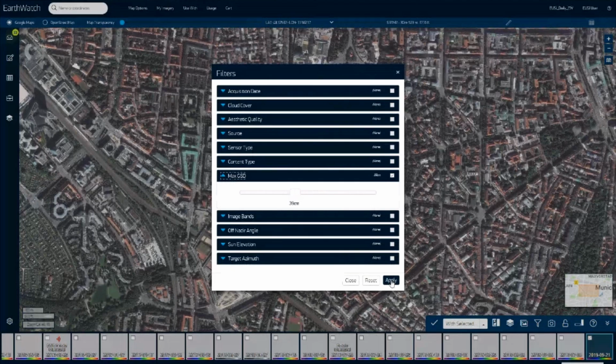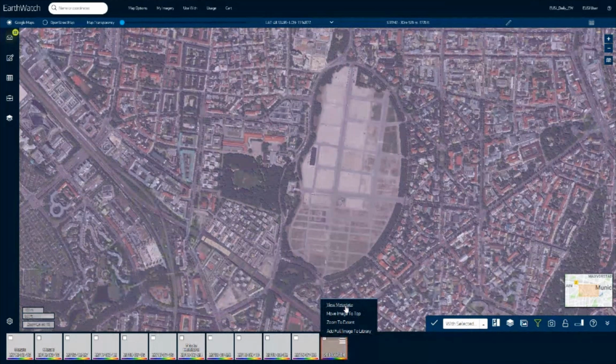So here we have this image acquired in July. I can have a look at the metadata. So we see here that it's a WorldView-3 imagery. Ground sampling distance is 30 centimeter.